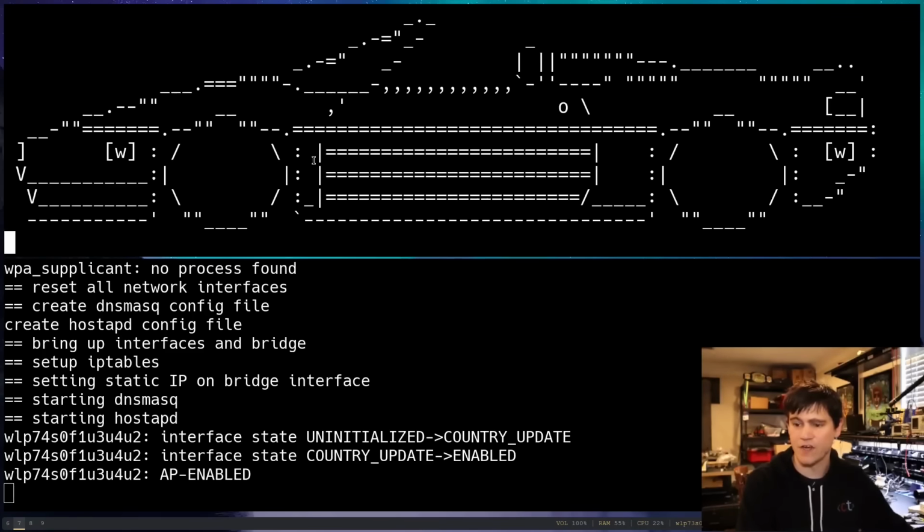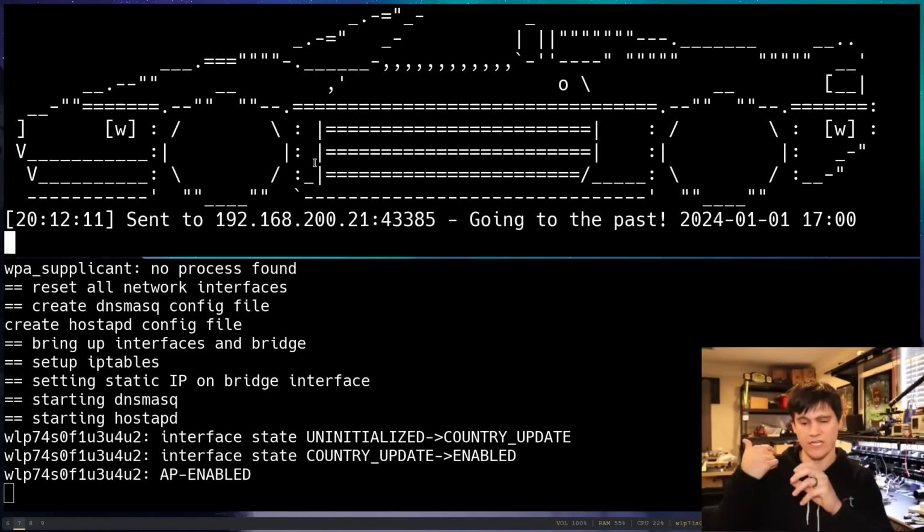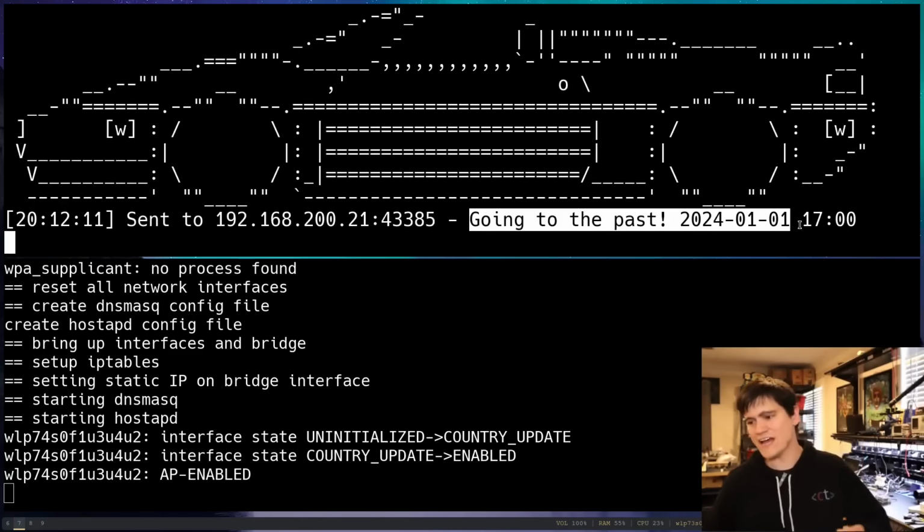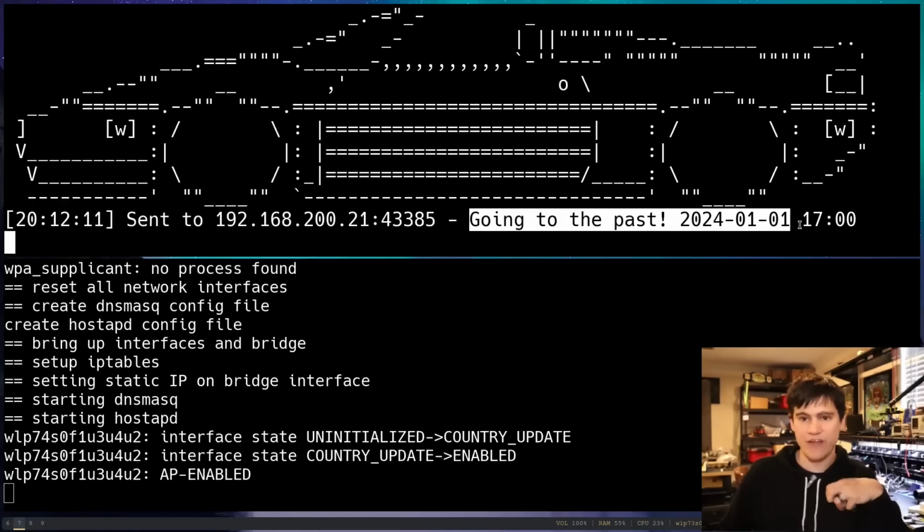down here. Okay, so in the DeLorean script, when it gets a request, like that, we get a response and it says we are going to the past. So we have now changed the time. We've now issued a malicious response using the NTP protocol to make the Raspberry Pi think that it is January